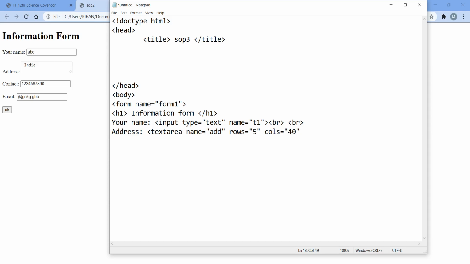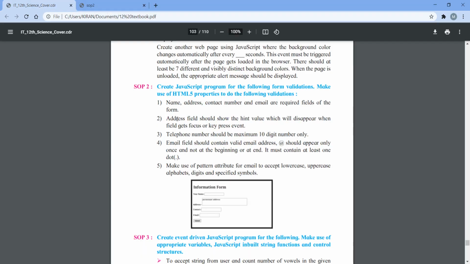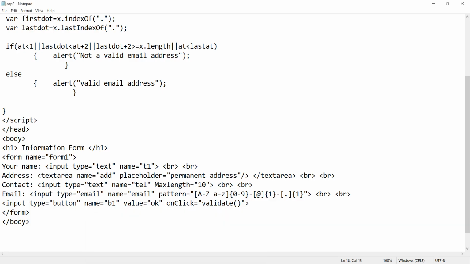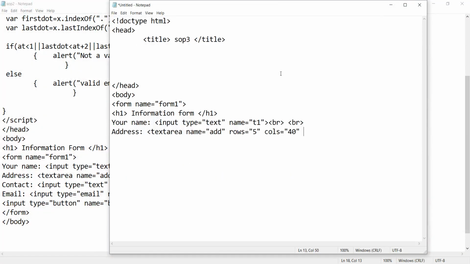And there is one more condition: the address field should show the hint value which will disappear when the field gets focus or a key press event. Hint value means whenever we run this program, before the user enters some information, there should be a short hint like enter your address here.